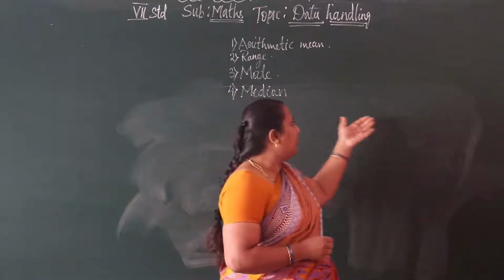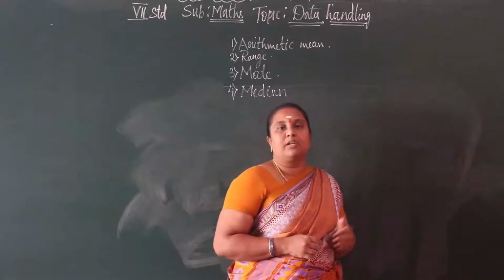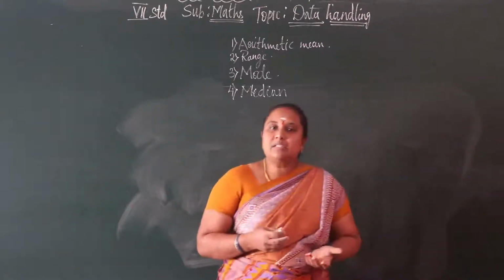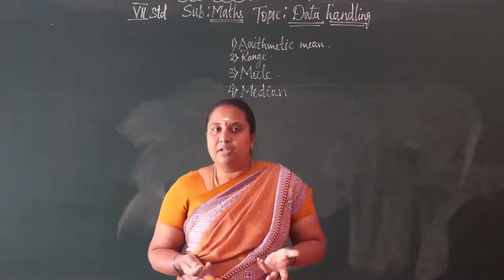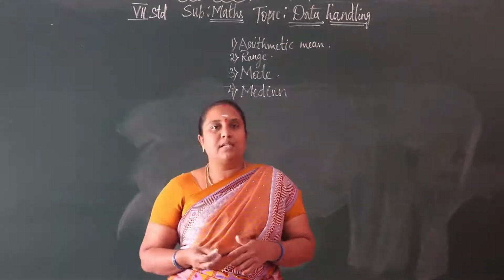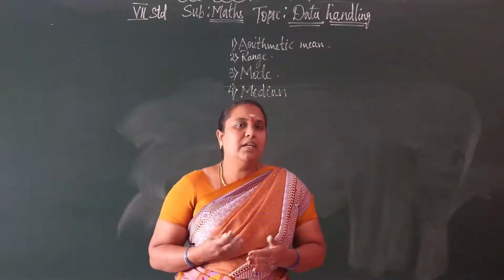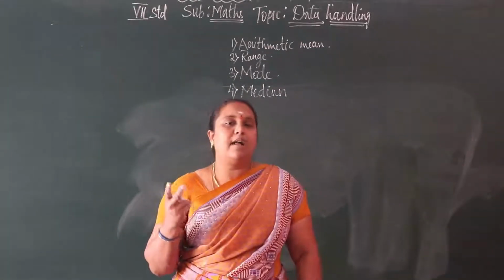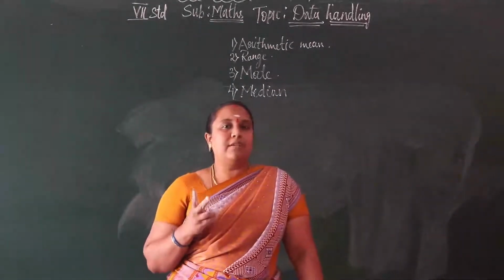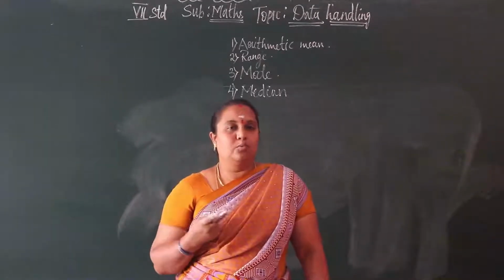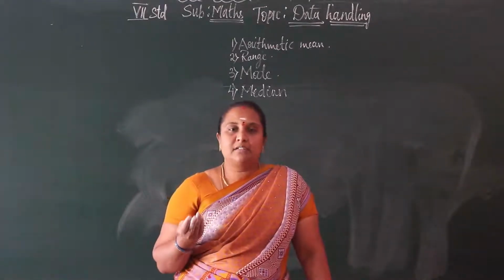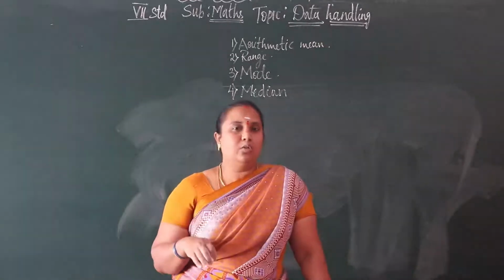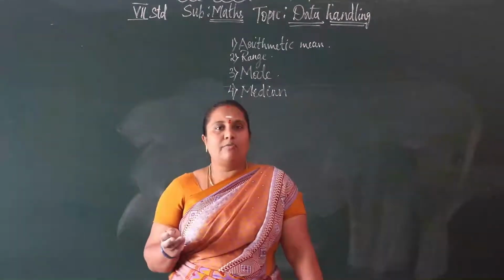I don't already know, here we have 12 set of data. 12 means even or odd? That is an even number. So if we have an even number of data, we have to take two middle values and divide the sum by 2. So add the two middle values and divide by 2, and we get the median of the given data.